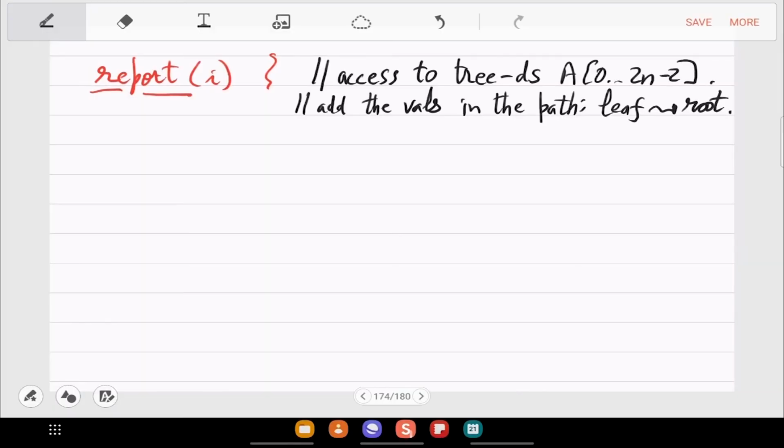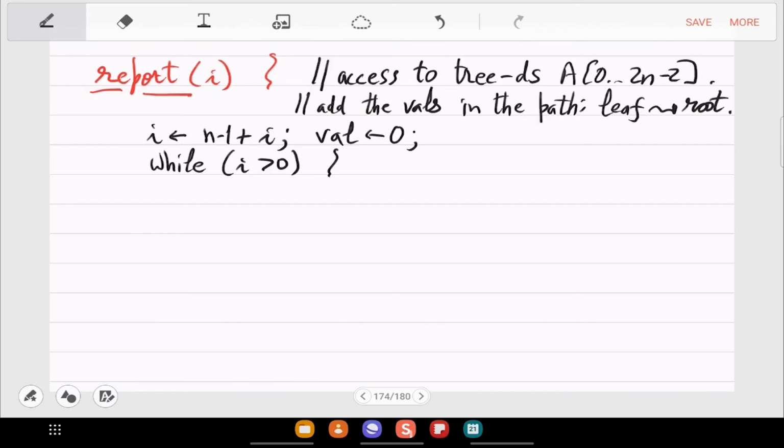That we will do in the pseudocode. First you correct i, and you maintain a temporary value, initialized to 0. If you are not at the root, then you go above the leaf on the leaf to root path.